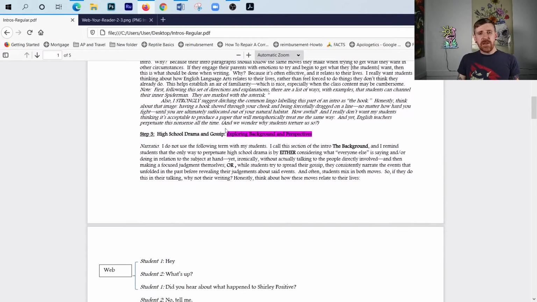And step 3 is about exploring background. Okay, this is the second movement in the classical structure. So the first movement's the web, the second movement is the background. How do you then contextualize your argument? What you want to do is you want to give a little bit of history that brings us to understand why we're talking about the issue, and you want to bring in perspectives about what people are saying about the issue. So if we were to use this example that I'm talking about for going out for the movies,